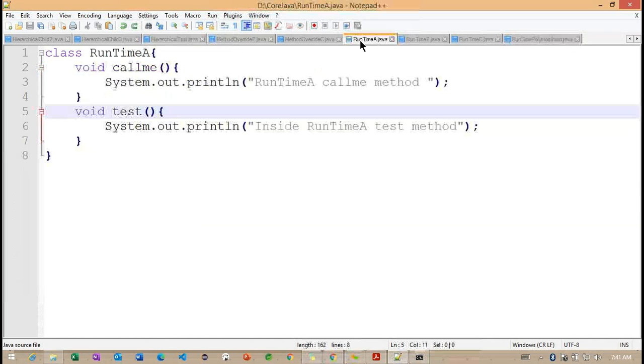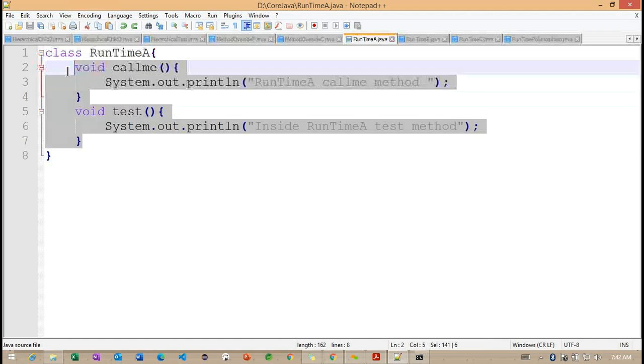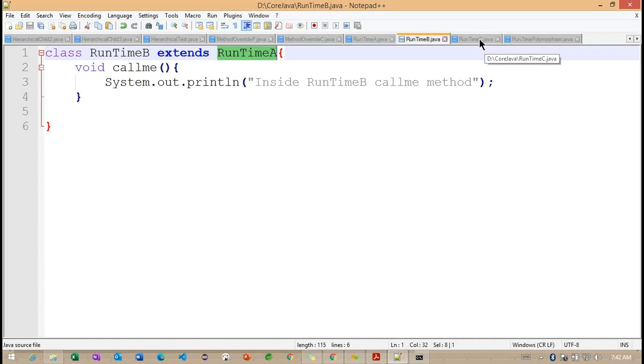Now you can think the runtime A class is our common class here. We are trying to define two methods, call me and test method, and these call me and test methods have common functionality. This common functionality is going to be used for the runtime B and runtime C.